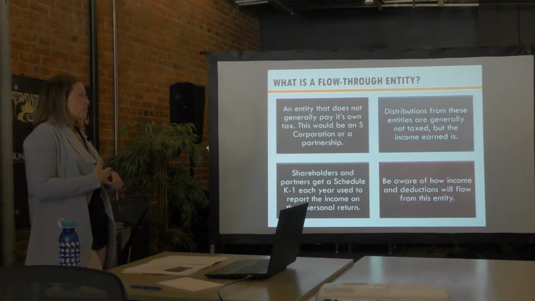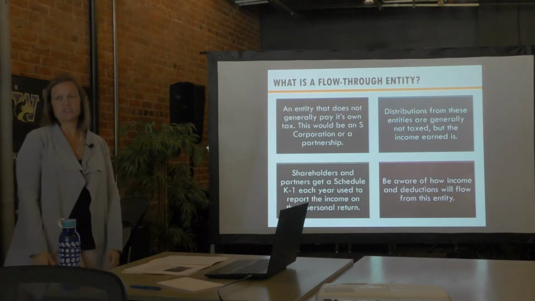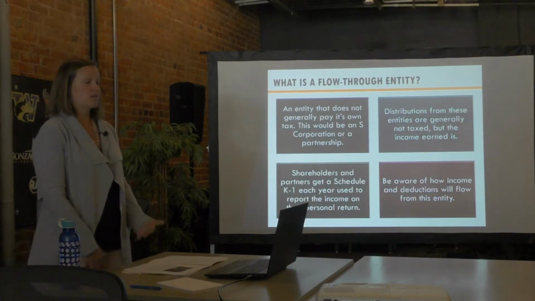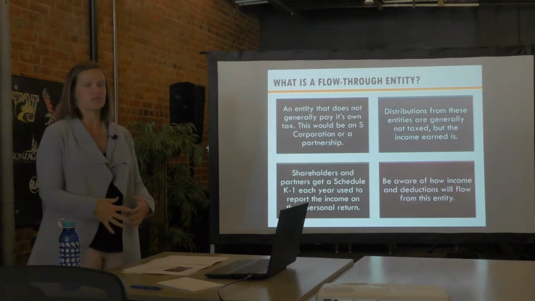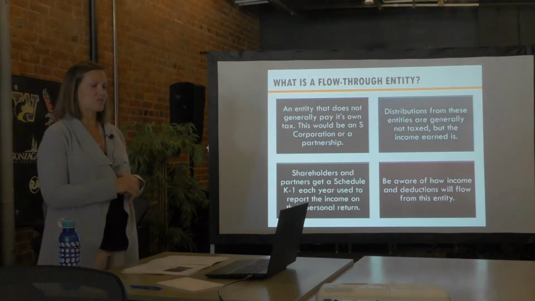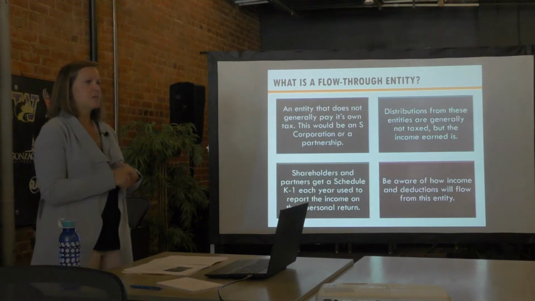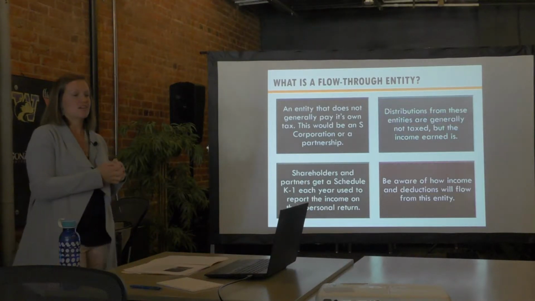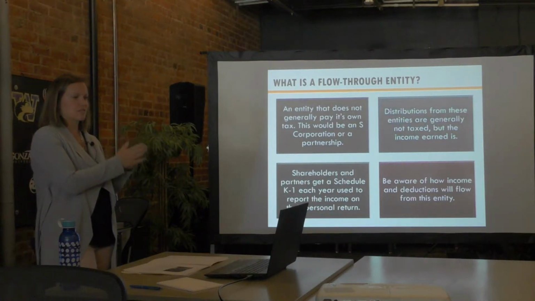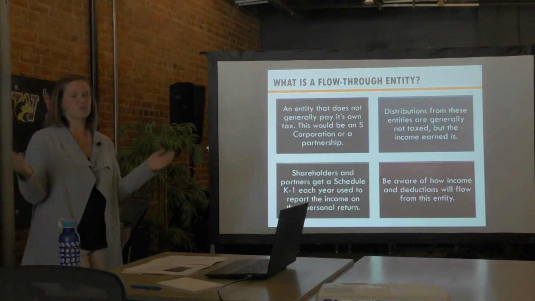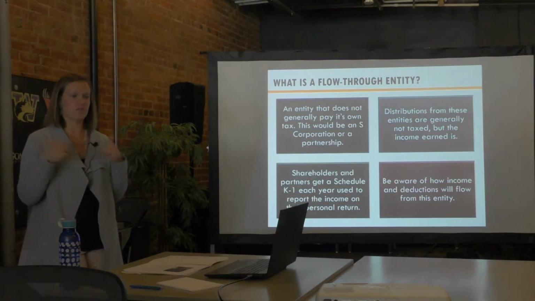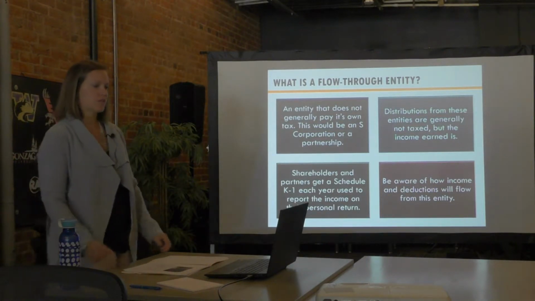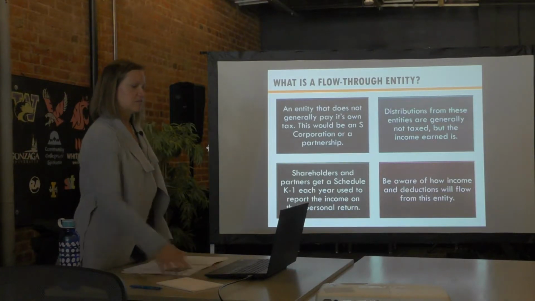Also, deductions flow through sometimes in ways that could be limited personally, so it is a good idea to tax plan as a group and figure out what makes sense. But in an S Corp, everything will pass through at the percentage, so you can't really pick and choose who gets what deduction based on their return. But maybe with charitable donations, you group those donations because the standard deduction is so high. Maybe you decide you do all your deductions in January and in December, so in the year of 2020 you have $40,000 so that everyone gets above that limit, versus doing $20,000 in a year where maybe people wouldn't get that deduction. Again, that's getting into the weeds, but those are some things to be aware of.